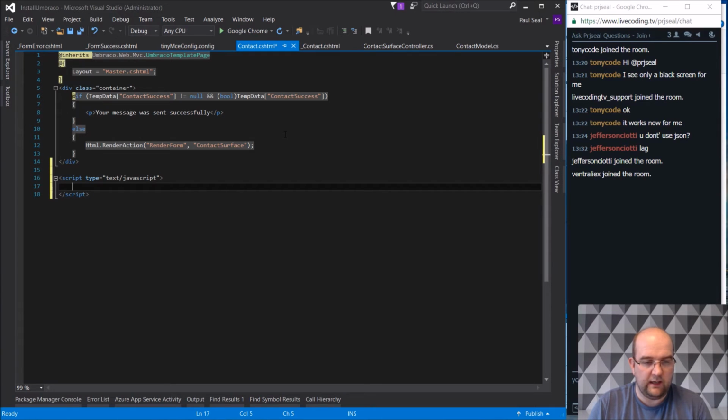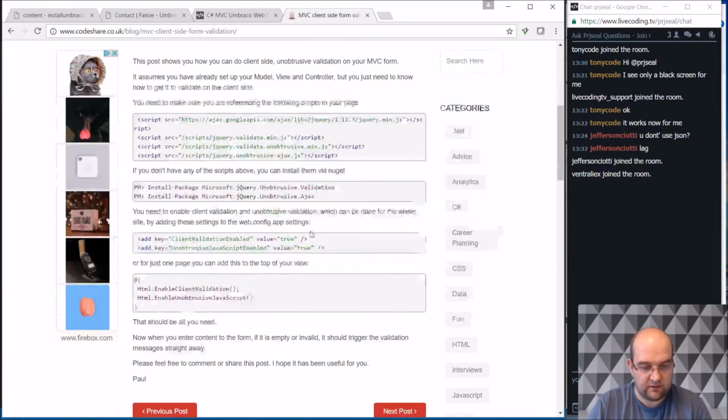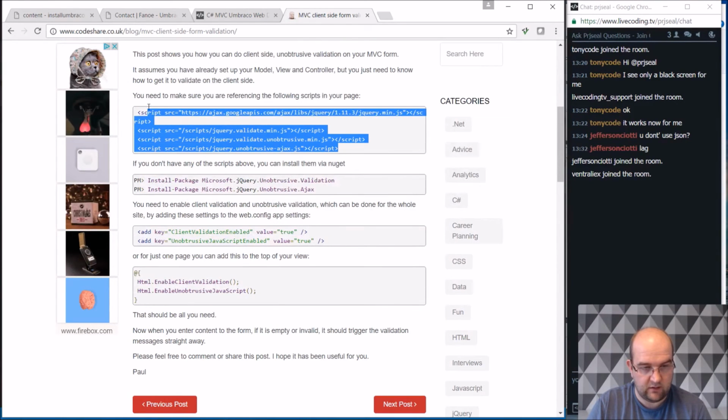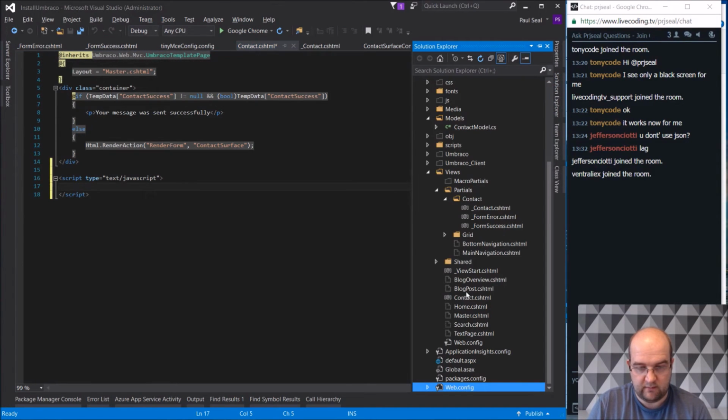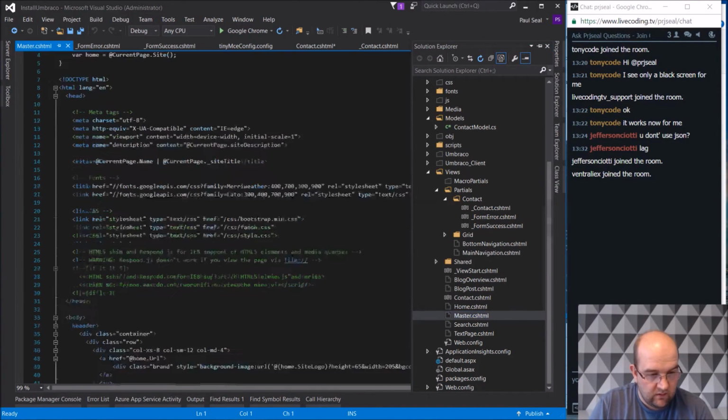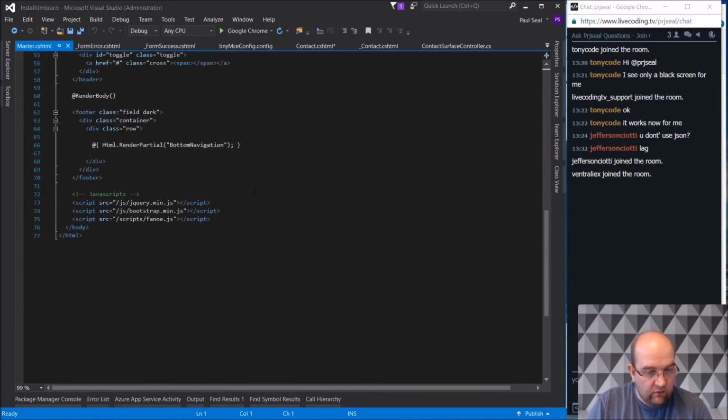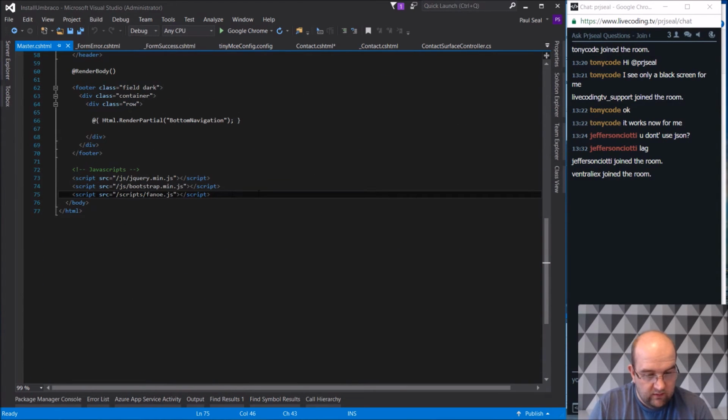The other thing I need to make sure is that I'm referencing the scripts. So I need to make sure I reference them here. So if I go to my master template, because I will use it for the purpose of this demo, I'm going to use it on all of my screens. So where's the main template? Well, master. So what scripts does it already have? It already uses jQuery. So what I'll do is